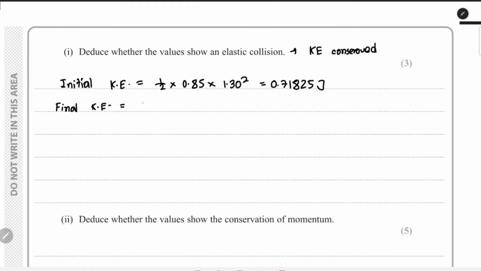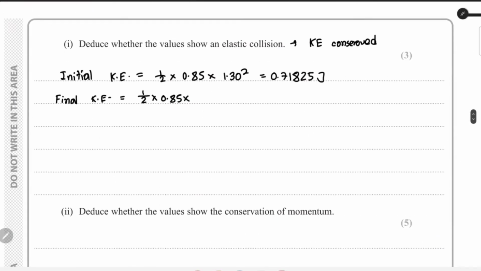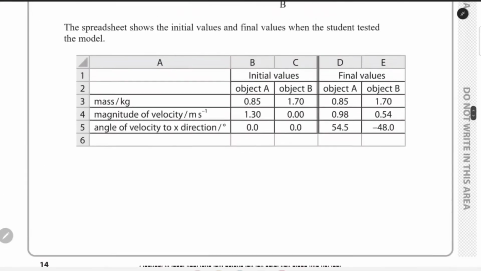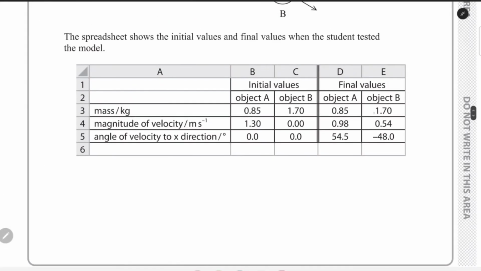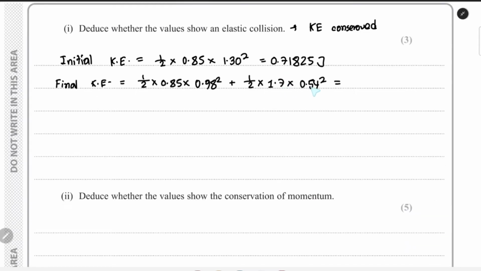This is half into 0.85 into 0.98 squared, plus the kinetic energy of object B, which is half times 1.7 into 0.45 squared. If I calculate this, quick correction: this is 1.7 and this is 0.54. And if I calculate this, we get a value of 0.65603